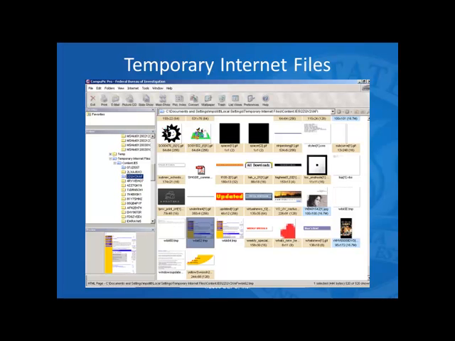Temporary internet files. This is an example of what one of the directories looks like. It's obviously a very old one, IE5, but it's really no different than the new stuff. We have software now that's much better at putting these together and putting them into a chronology, and all of that's well and good. But before anybody wrote the software to make looking at internet histories very easy and to be able to mine the cache very easily,